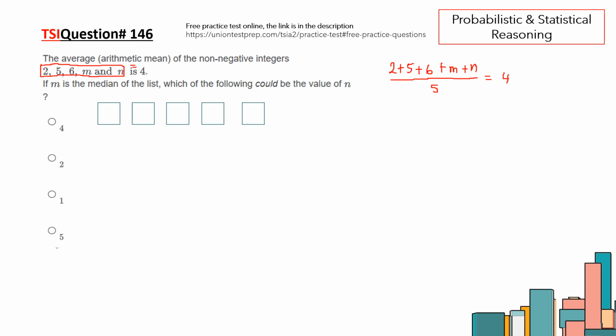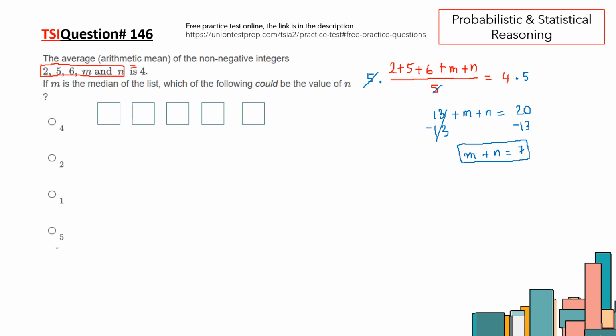Now we solve for m plus n. We multiply both sides by 5, so this 5 is cancelled. Now 2 plus 5 plus 6 is 13, plus m plus n, equals 4 times 5, which is 20. Now we subtract 13 from both sides, and we have m plus n equals 7. This is the condition